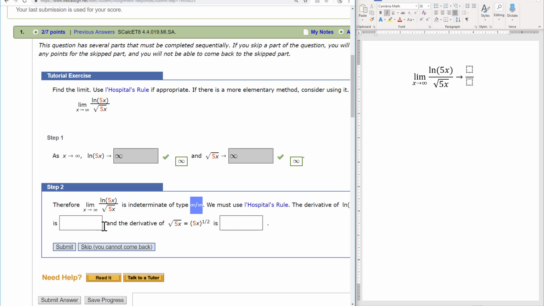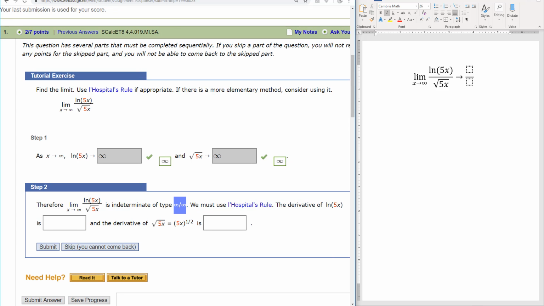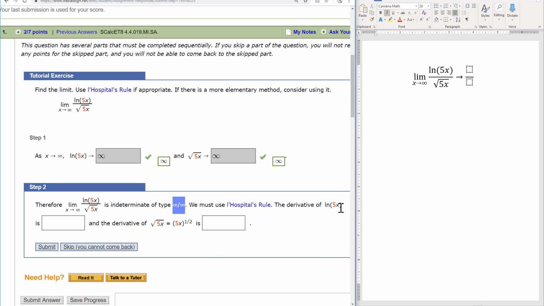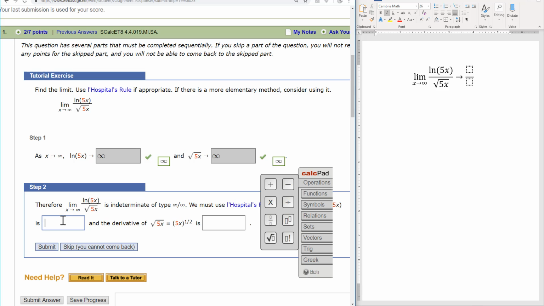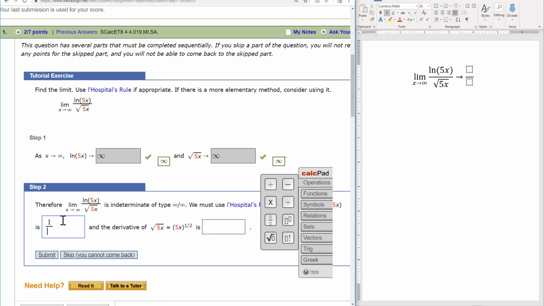We use L'Hopital's rule by taking the derivative of ln of 5x. So the derivative of ln of 5x is, I'll write it down here in steps. It's 1 over 5x times the derivative of the inside of the function, which is 5. So you can write it like this, and this is something that's easy enough to cancel, the 5 in the numerator and 5 in the denominator, so it's really just